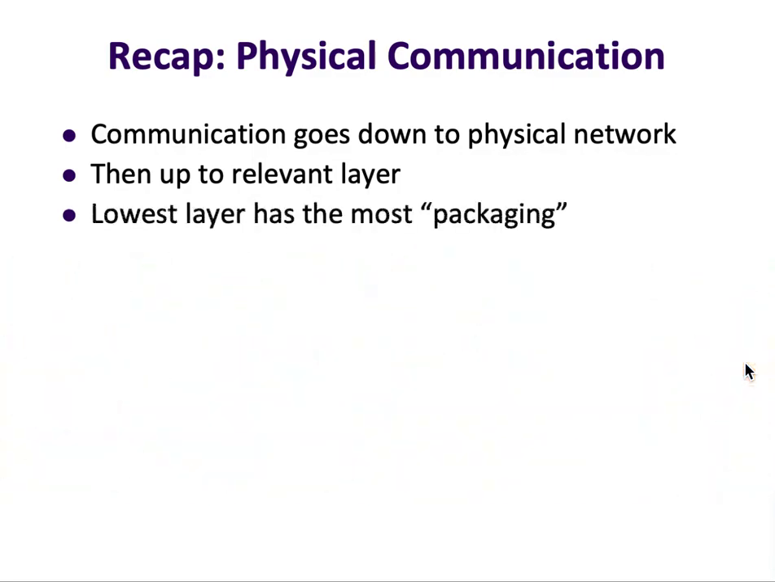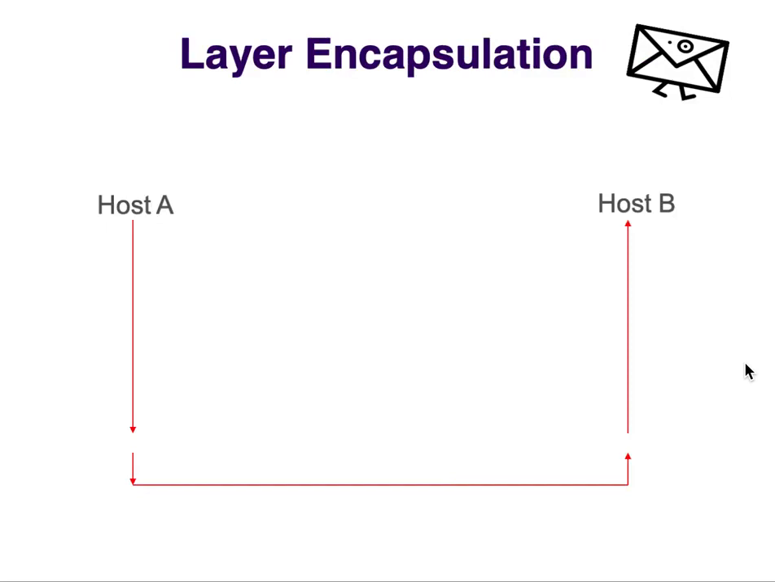And we said, so communication goes down to the physical layer network, then up the layers, and at each level we add some packaging. And the lowest layer, so that truck carrying the FedEx envelope, has the most packaging. Right? And the application has the least packaging. It has the original message. We're going to do the same thing on the internet. So at layer 7, the